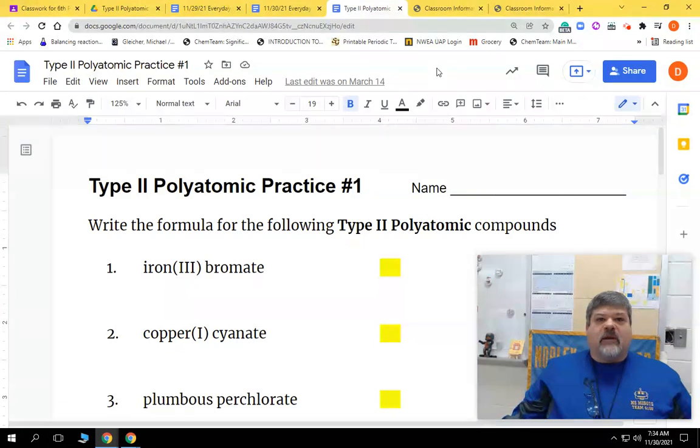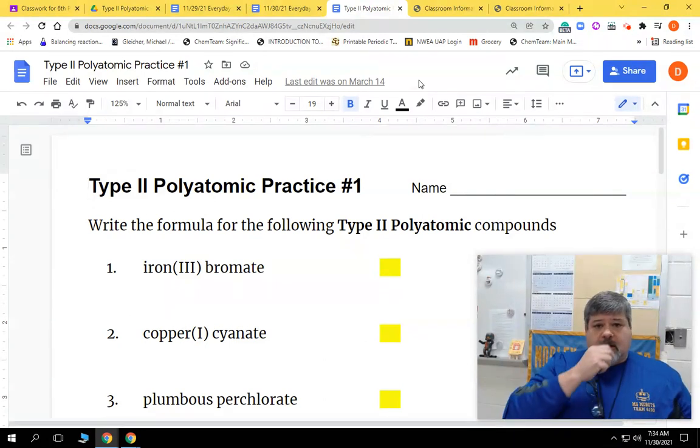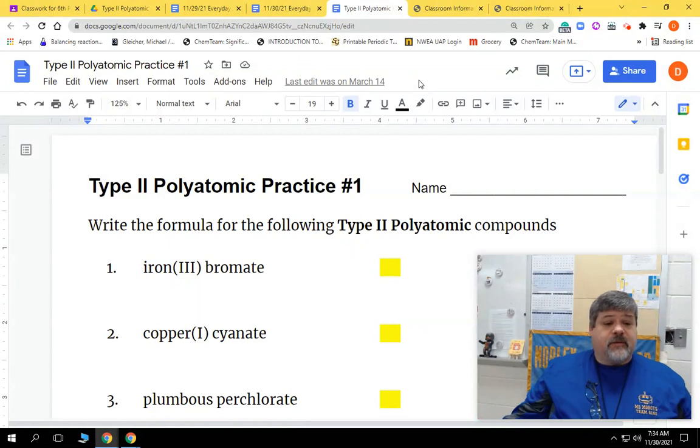Today we're going to learn about type 2 polyatomic compounds and how to name them or write the formula from the name. To be honest, they're just like binary, but instead of looking above the staircase for the nonmetals, we're looking at our polyatomic ion sheet. So let's go ahead and look at